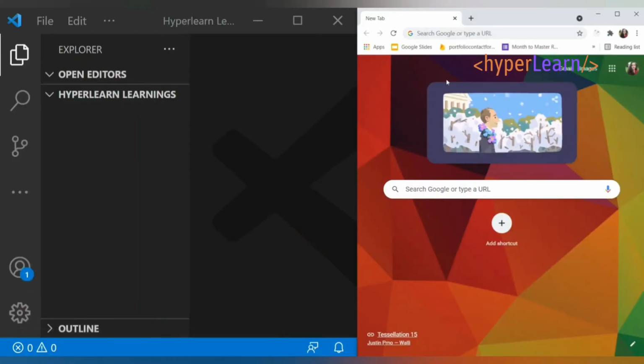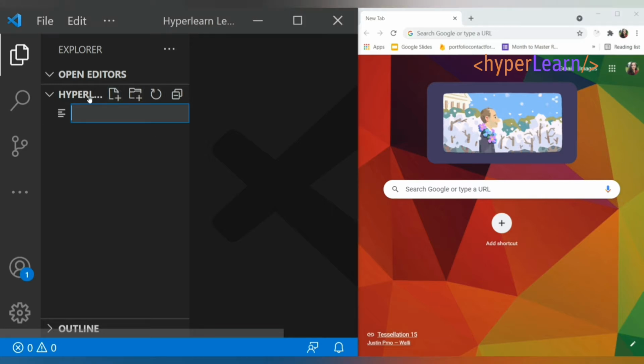So here we have a folder by the name Hyperlearn Learnings, and inside this you can create a new file. This is for creating a new file, this is for creating a new folder, and this is for refreshing it, and this is for collapsing the folders. For now, we are going to create a new file in our hyperlearnings folder